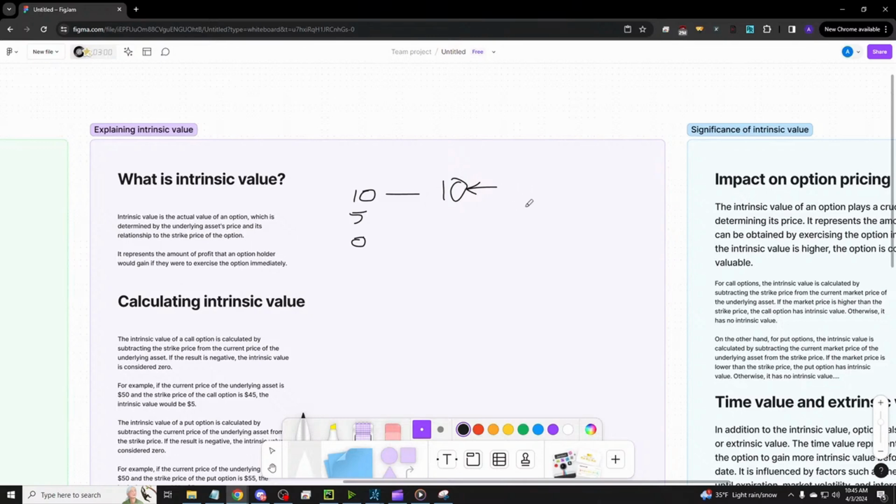So if it's a Friday expiration and you only have like 4 days left, maybe that $10 call is only 35 cents, because you're paying for the time to have that potential option to buy those 100 shares at $10. So when it comes to intrinsic value and why we use it for the strat, what we want